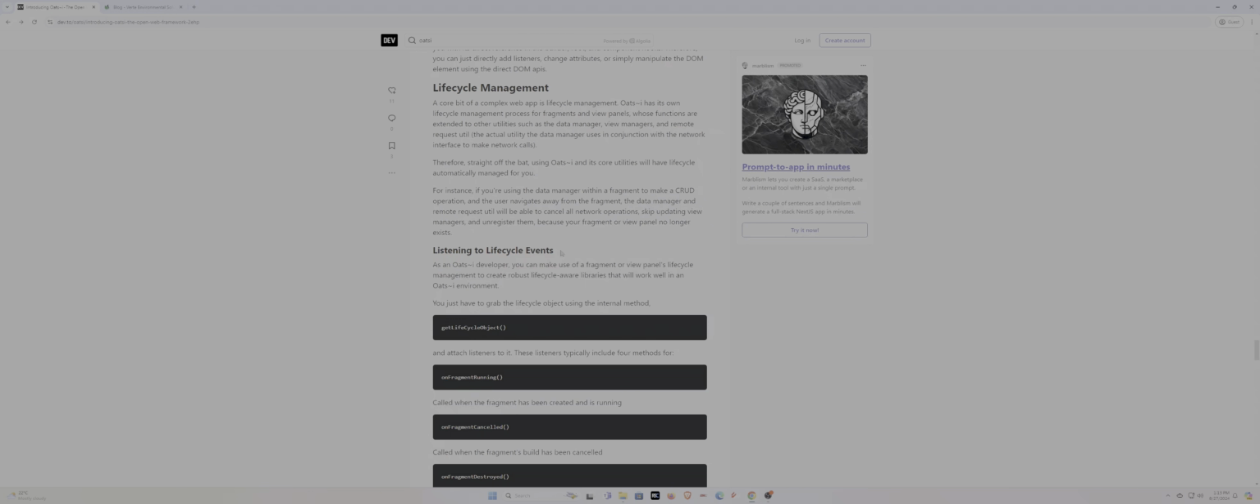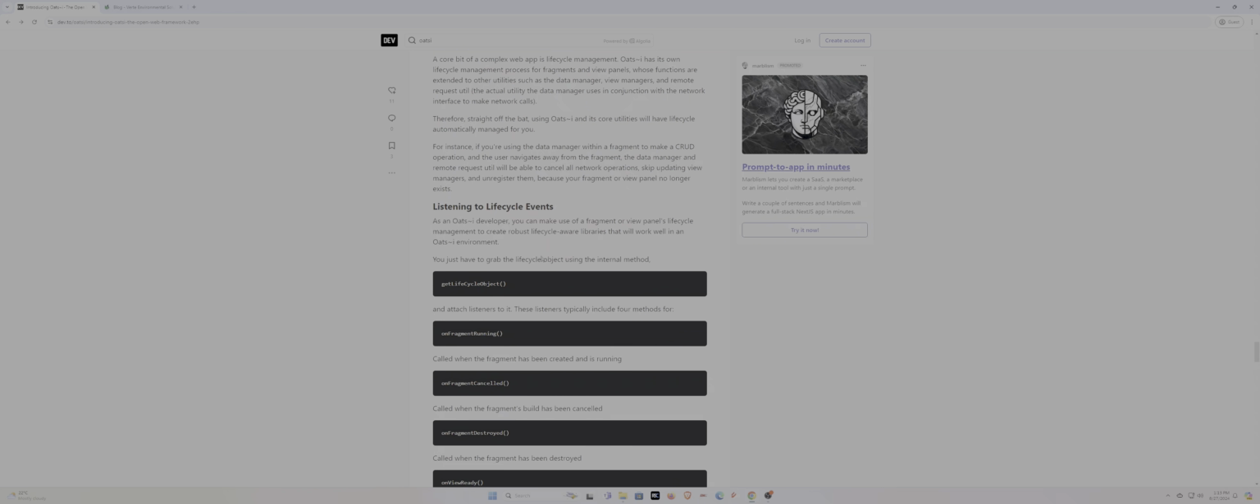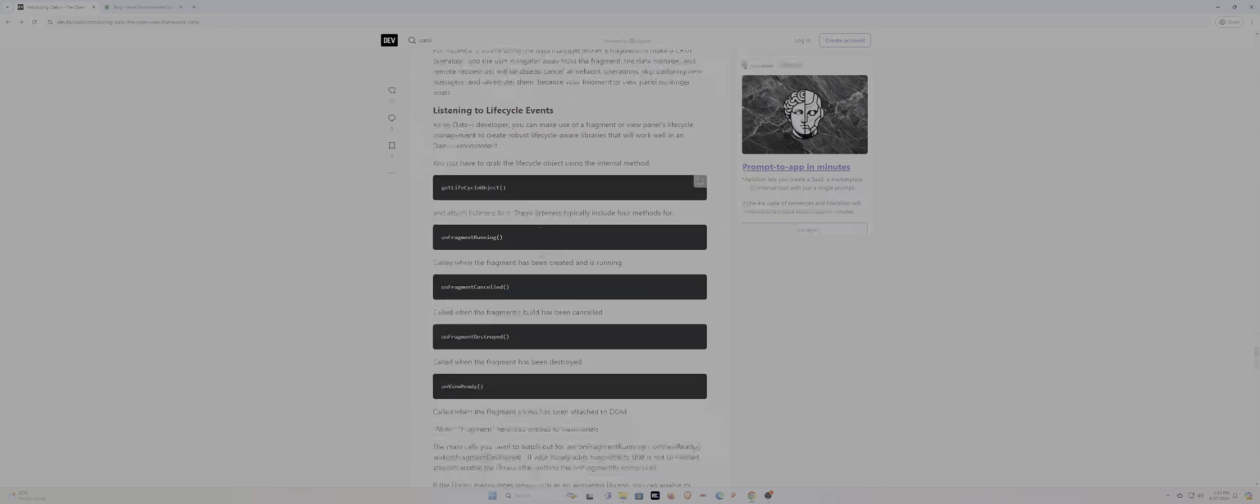You have your own libraries, because Oats is supposed to be an open system, and you want to use these libraries in an Oats environment. You can extend the lifecycle management and listen to lifecycle events. Basically, how you do this is you grab the lifecycle object that is visible within a fragment or a view panel. You just call get lifecycle object. It will give you the lifecycle instance, and then to that lifecycle instance, you can attach listeners,